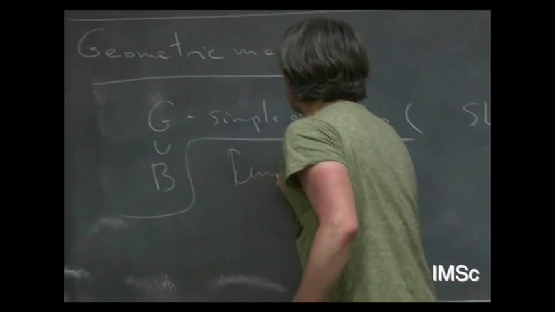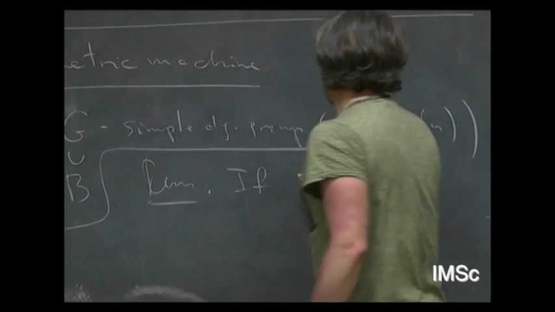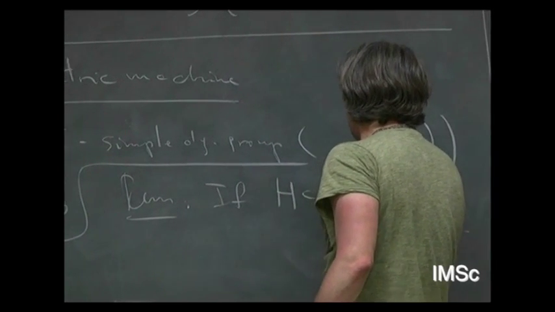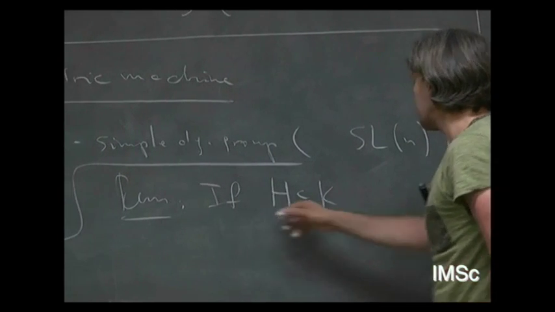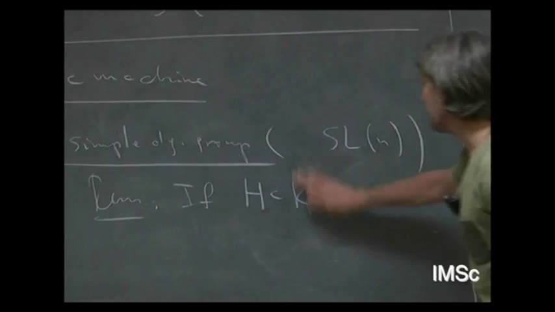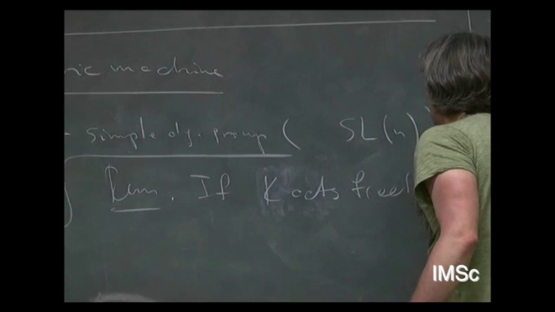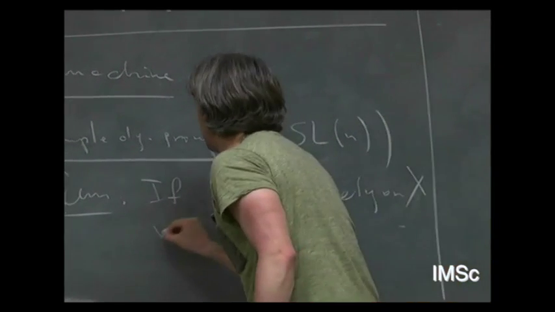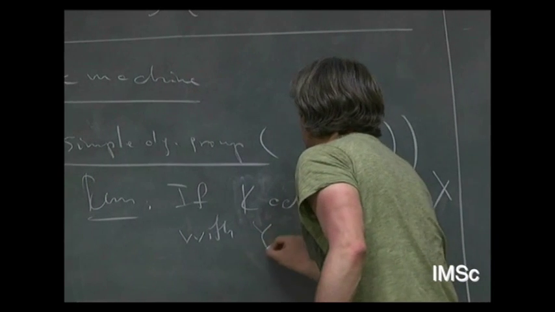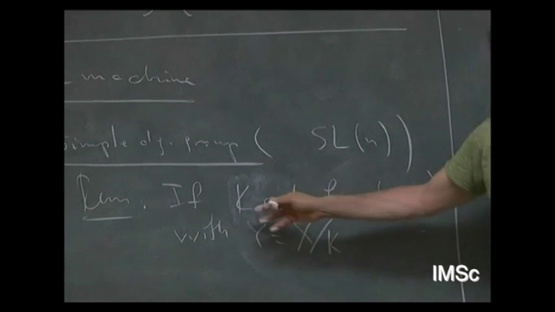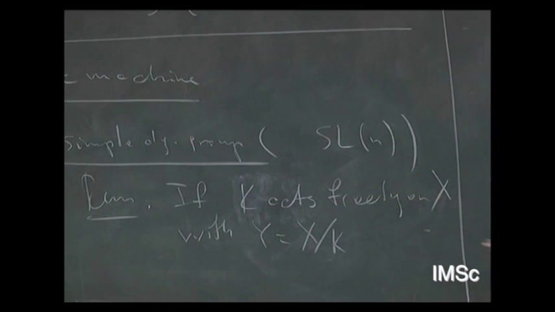So one thing which I should remark here is that if K acts freely on X with a nice quotient Y, which is X quotient by K, so this means that X is a principal K-bundle over Y, then